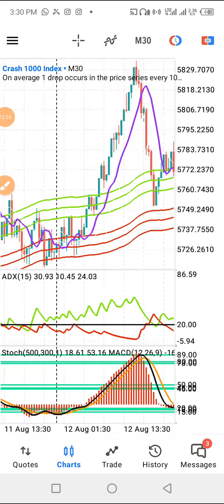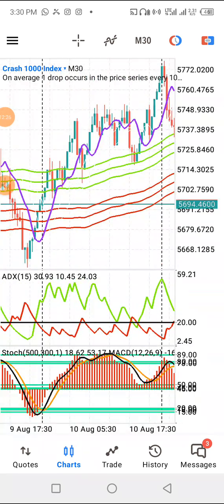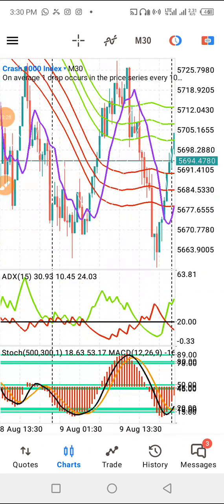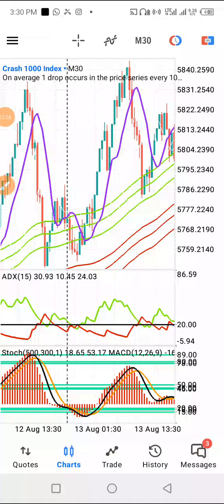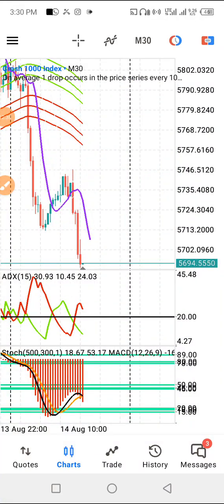Then you wait for these signals to come and be very sure that the signals are very accurate, just like what we have now. It is more of sell than buy. So in a case like this, you can just open a sell trade,